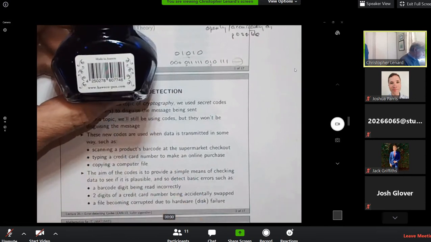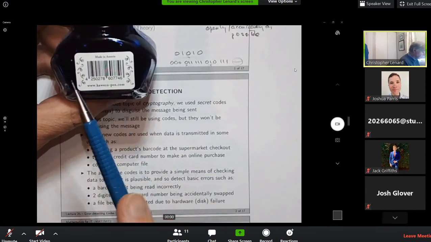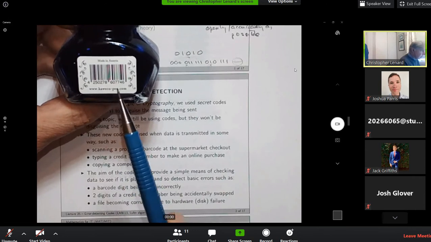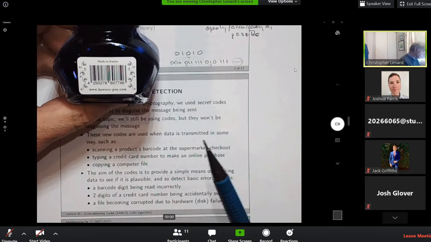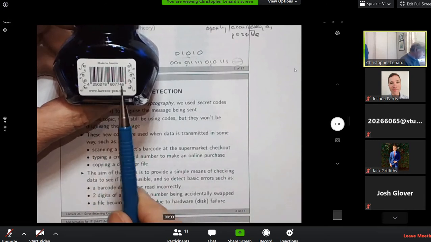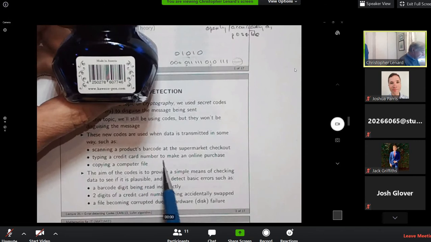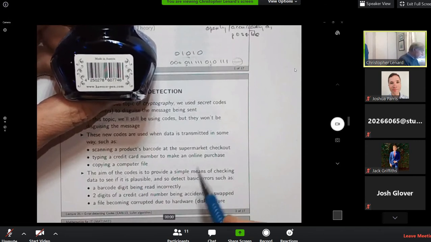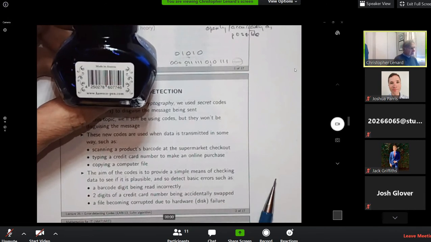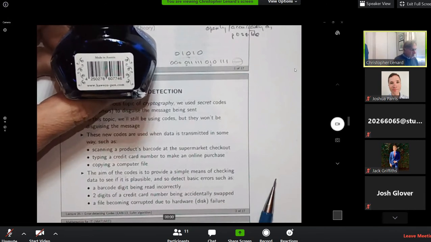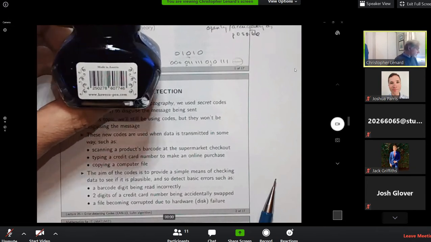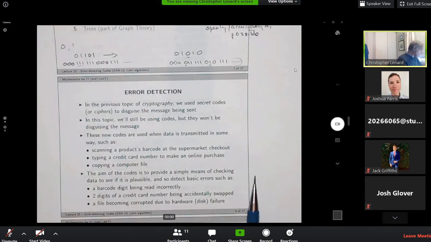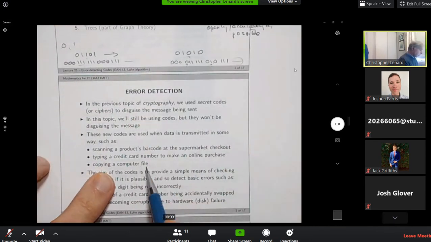the barcode reader reads it, and you've all been caught up where the barcode reader doesn't read the right thing, and somebody's got to come and manually check it in or type in the number. Same thing with credit card numbers. If you're making purchases or copying a computer file, there are mechanisms in place to check for errors. Copying a computer file, one of the things that